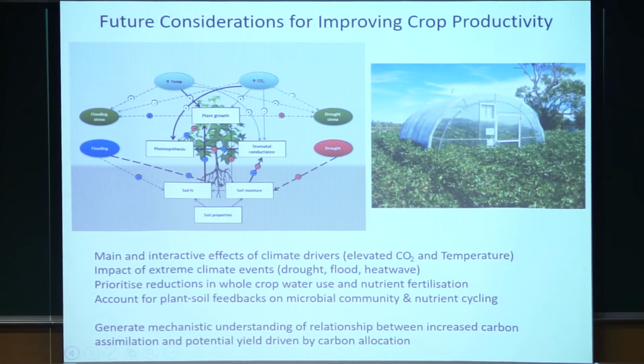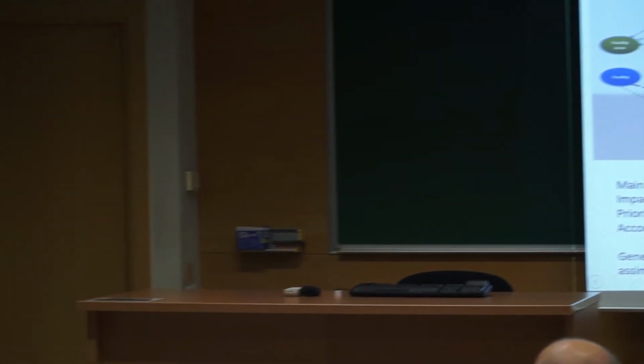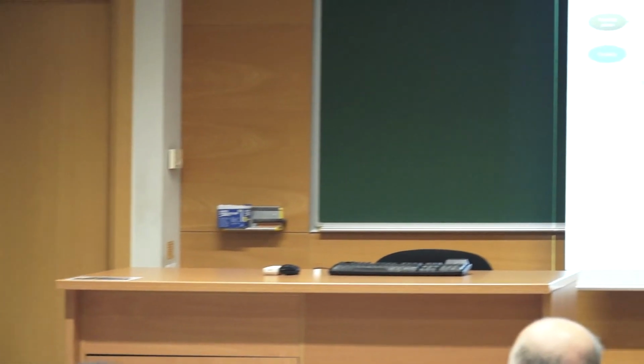And so I gave a talk at a Gordon conference recently where a bunch of people have gotten together. The Gates Foundation funds a lot of this work, and the idea behind it is to increase food productivity. There seems to be an immense amount of work, and I don't know what's going on in this realm here, but an immense amount of work about increasing photosynthesis as being the key to increasing food productivity, which includes things like inserting C4 genes into C3 plants and so on. But I guess my argument when I was there, because I was slightly on the other side, was that I basically said,